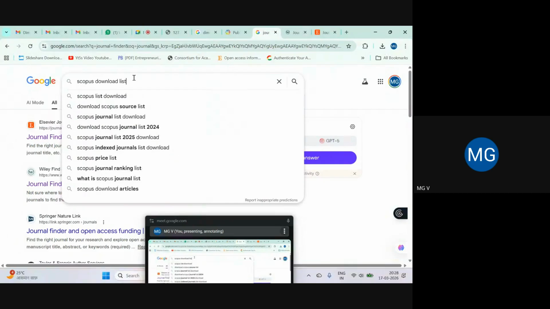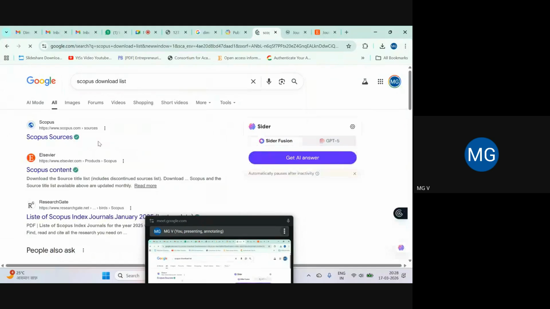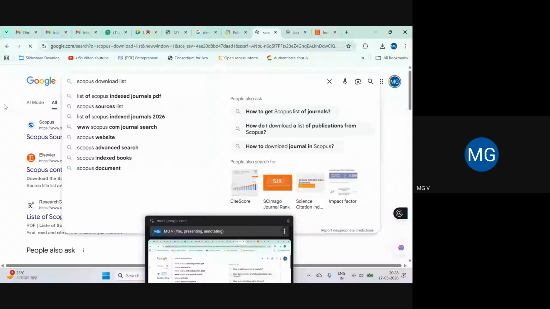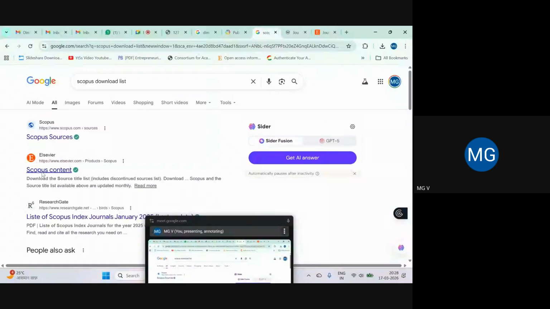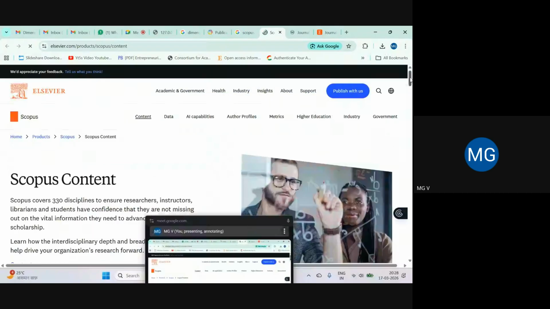No response? Yes, ma'am. Now see. Yesterday we were discussing Scopus's download list. So what we can do is we can just type here Scopus download list. It has directed us to this link, Scopus content.